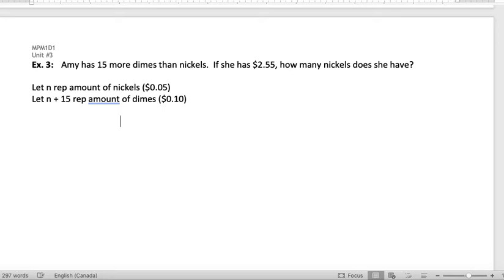the number of nickels with the value. So the number of nickels and its value plus the number of dimes and its value. So if we're going to multiply, think about that for a second. n represents the number of nickels. The value of this number of nickels is 5 cents times that number of nickels. So that is our first expression. Our second expression is